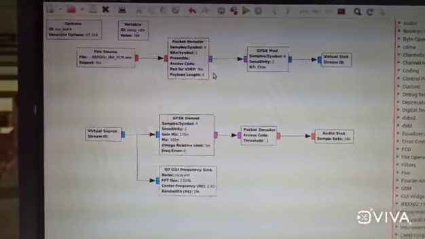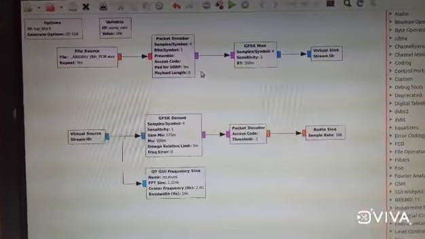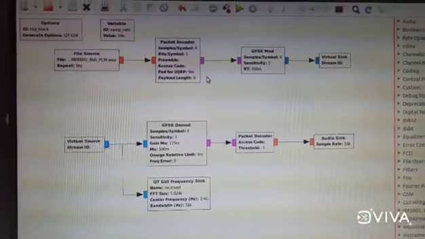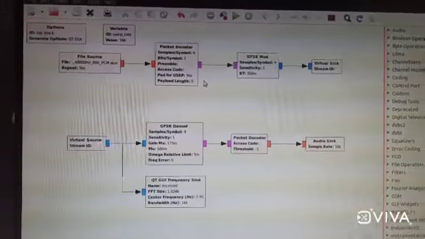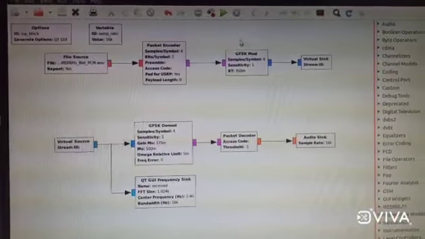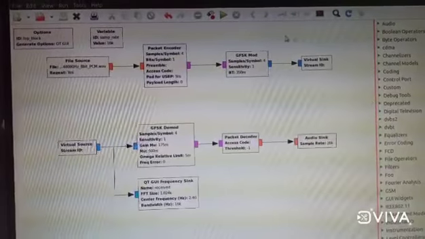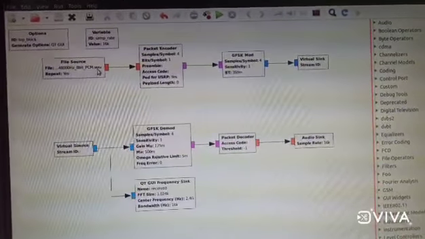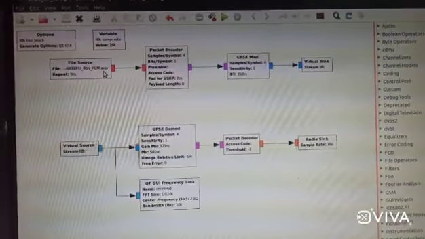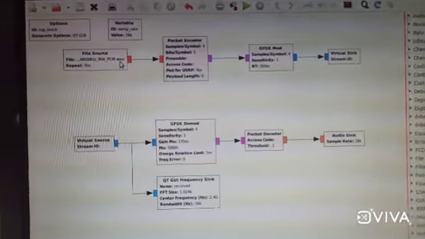In this experiment we are using 16K because if I use 32K it will take more time at the receiver to receive the signal, that is, the wave file. Hence we are taking it as 16K. Now, instead of the RF source we are using the file source. Here we are using the audio signal, which has the extension .wav.